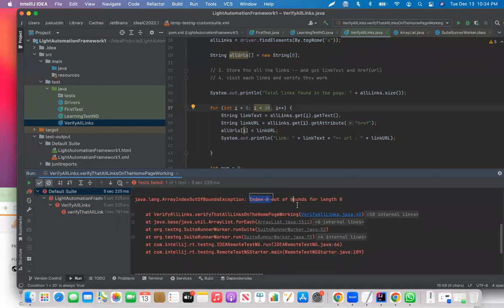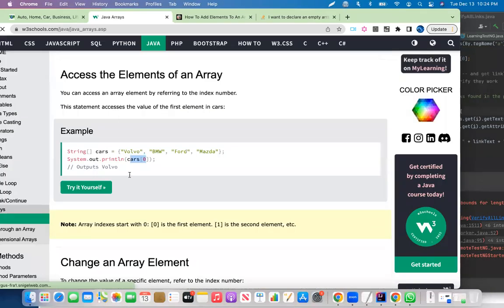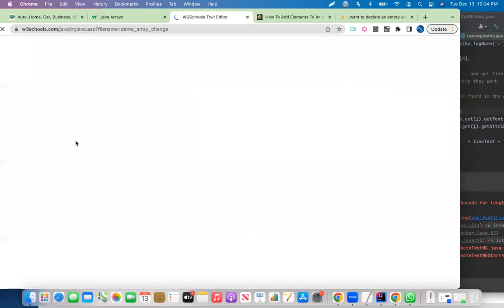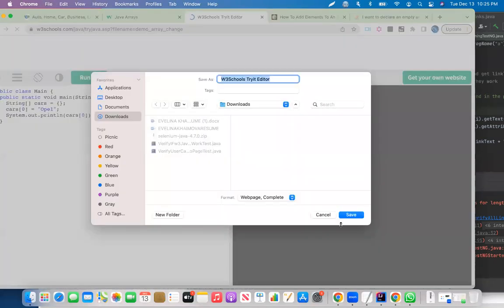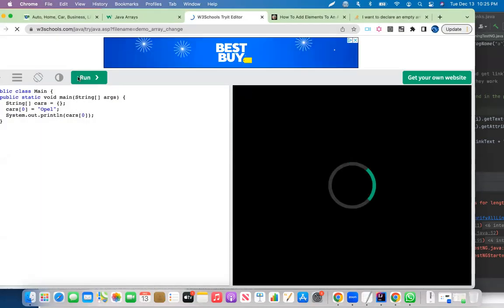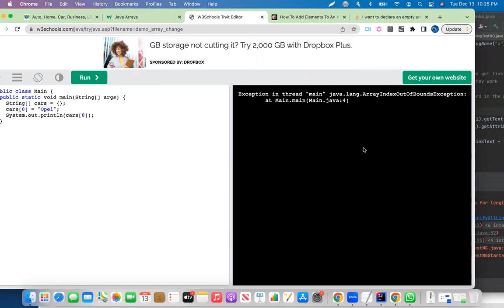Index out of bound for length 0. Out of bound. But didn't we do that? I mean, what's the deal? If we go back in here, let's see, we'll just give it a try. I'm going to leave this empty and run it real quick just to see if my problem is related to the way that I created mine. Okay, that's good. Exception, index out of bound. Okay, perfect. Now that we see this,